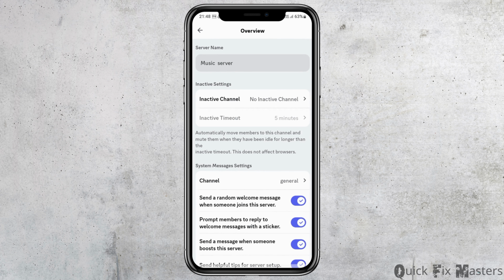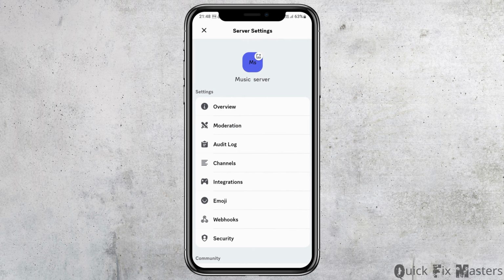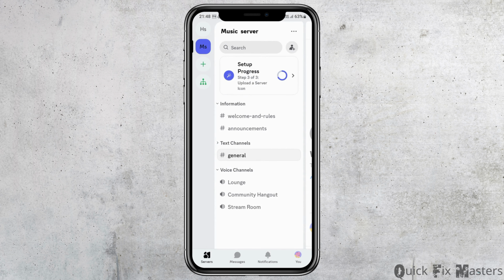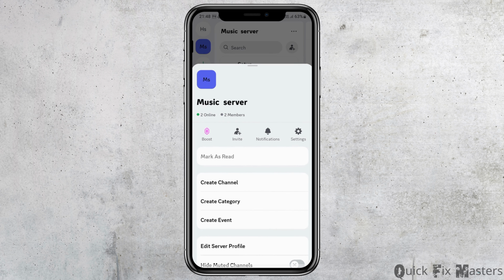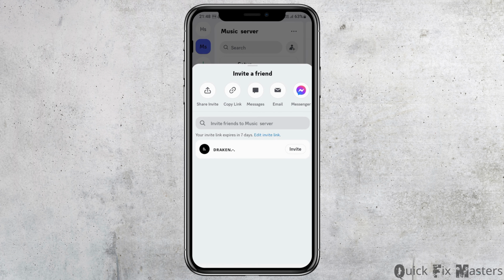After you go to the option of the overview there, you can see the link or the server name out there. Now, since we are just going to find out our invite link and you would like to invite the person, you can go to the option of invite and then just go to the option of copy the link or share the invite. After you tap on the option of copy the link, your invite link will be copied,